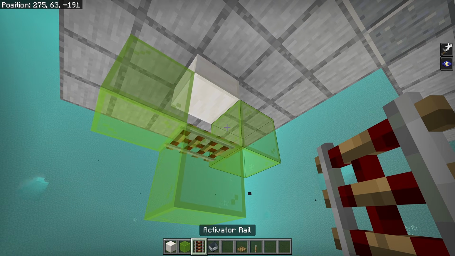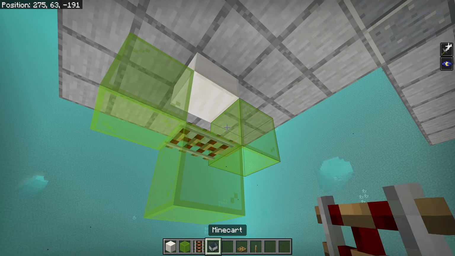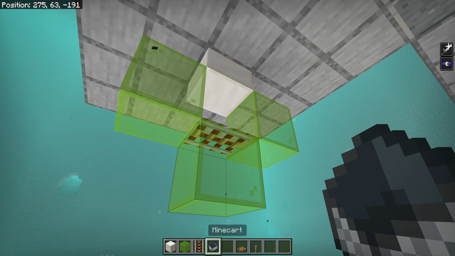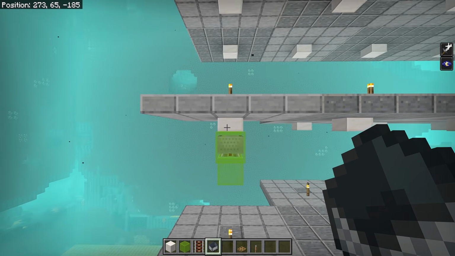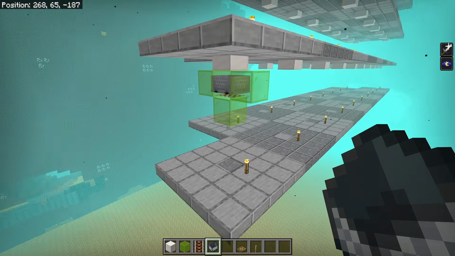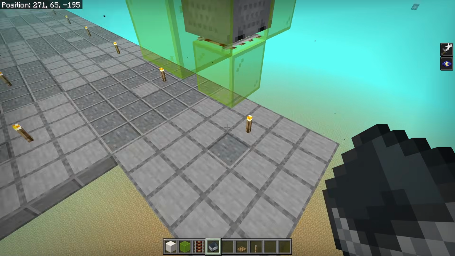Place in yourself an activator rail. This has to be an activator rail. You cannot use any other type of rail. Place in a minecart right on it, and now you're basically done. So this should be lined up with your torch right here, and it should be going towards your AFK spot